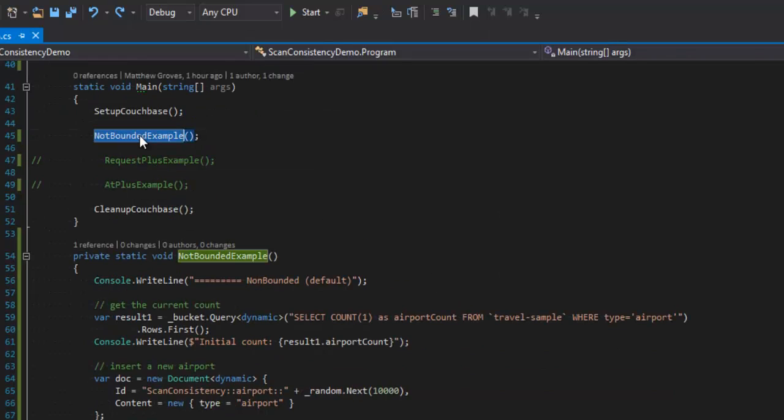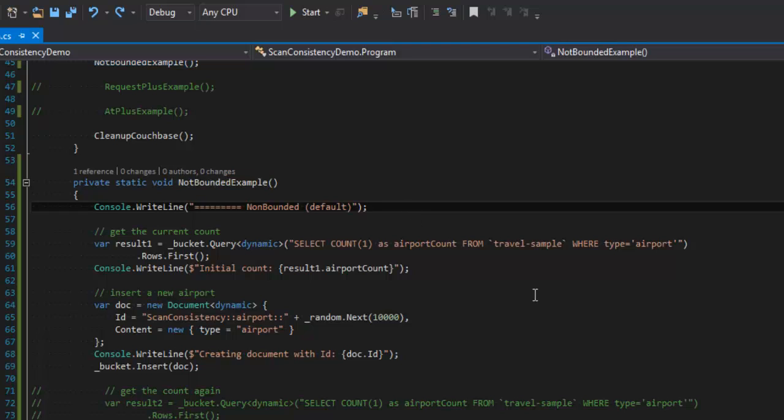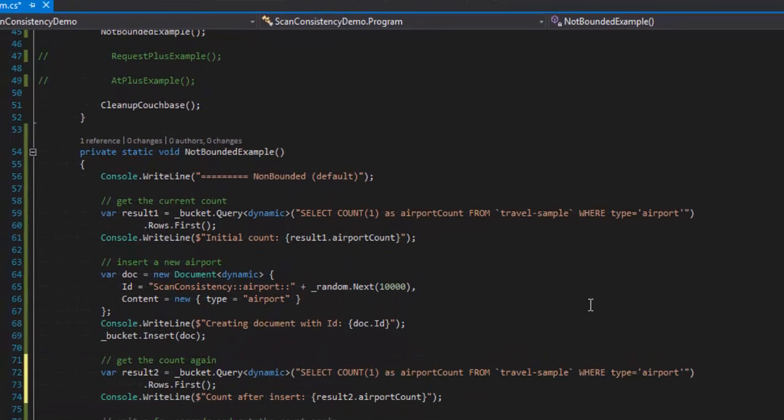I'm going to run the NotBounded example here, and that method is going to just use the query method, and we're going to execute this N1QL query. So I want to select all the documents that are of type airport and display the counts of them to the console. Then I'm going to create a new document that has a type of airport. I'm going to write out the ID of that document and then insert that document into the bucket. And then I'm going to execute that same query again to get a count of all the airports in the